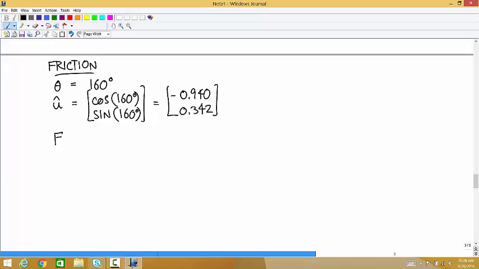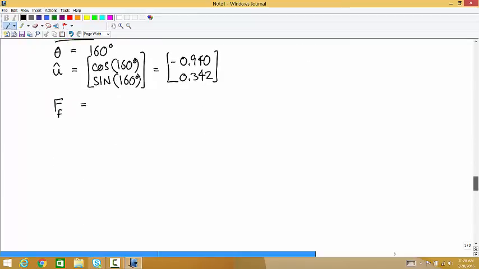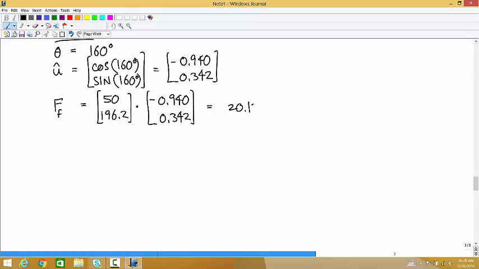And so the force of friction is the absolute value of, what do we get for 50, 196, dotted with negative 0.940, positive 0.342. And what's the dot product there? 20.12? Yeah,